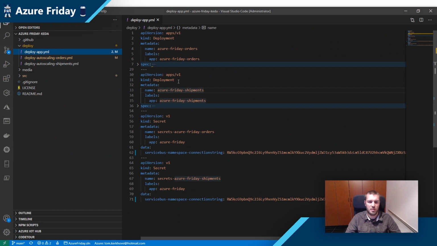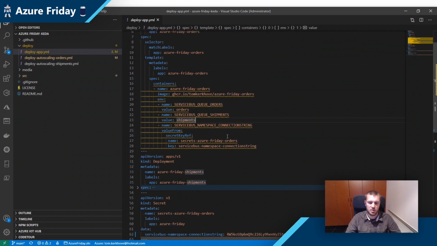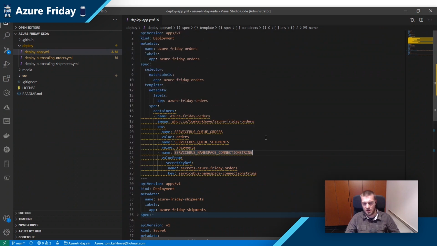For every application, I have a deployment where it's nothing fancy. You'll just see this is the image, this is my order queue name and the shipments queue name to which I will send the shipment requests. And then I have the connection string here as a secret. The secrets are created below. But the point here is that we are using a least privilege principle.